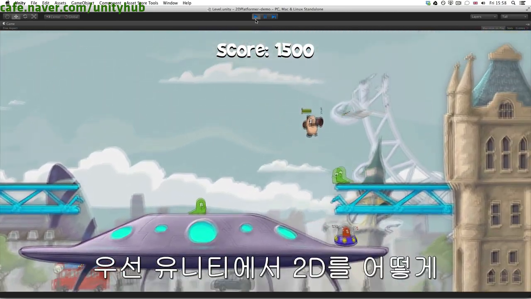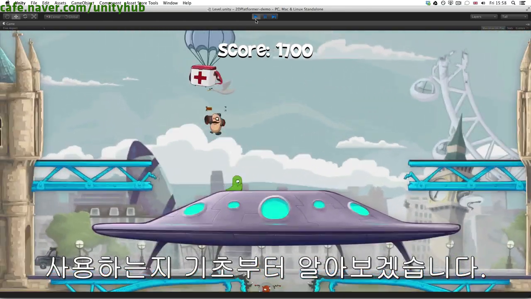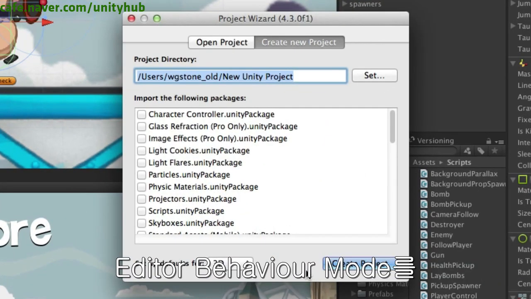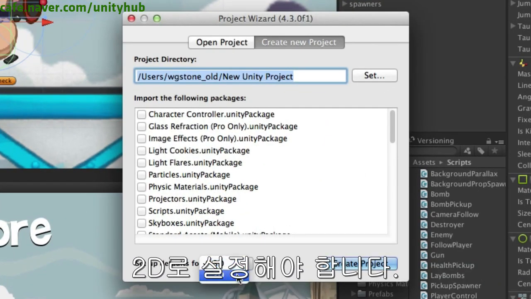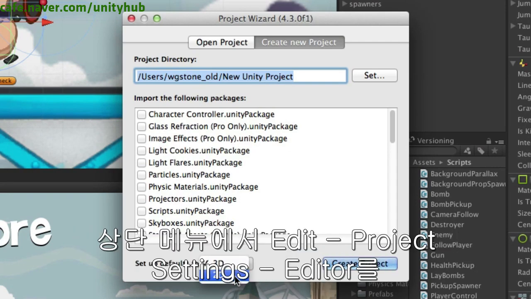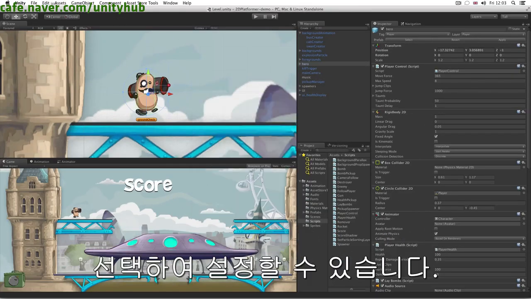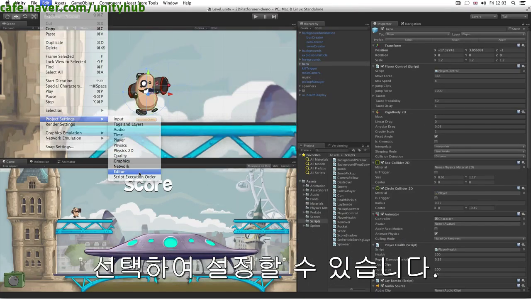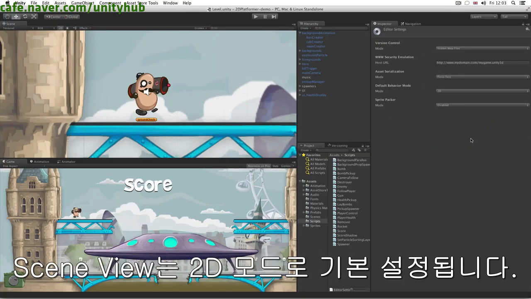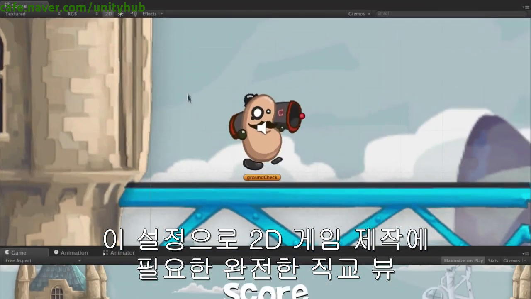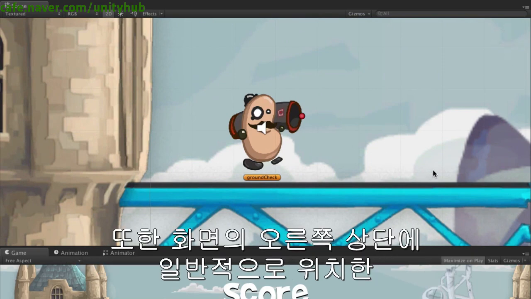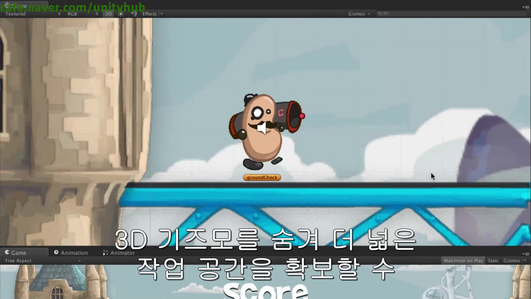in the demo. To begin with, let's discuss the basics of working in 2D in Unity. Firstly, when working in 2D, you should set the editor behavior mode to 2D for various settings. This can be done when making a new project using the drop-down on the project wizard, or during a project by choosing Edit, Project Settings, Editor from the top menu. This means that by default, textures will be imported as sprites, and the scene view will default to 2D mode. This new mode gives you a completely orthographic view in which to construct 2D games. It also hides the usual 3D gizmo in the top right of the view, giving you more space to work